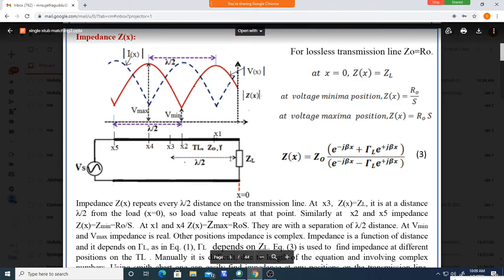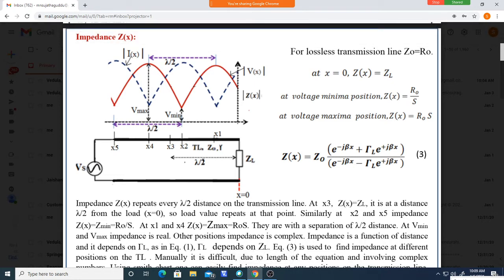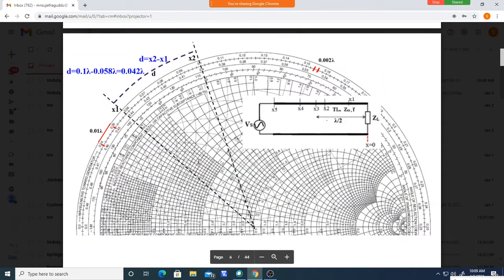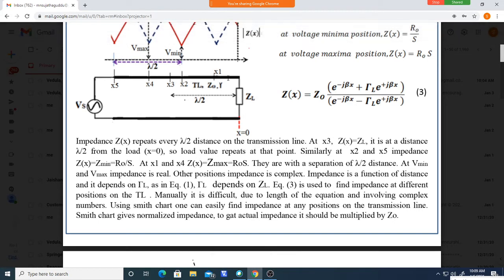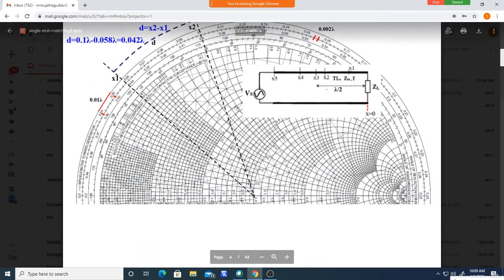And also impedance becomes minimum at some points, and impedance becomes maximum at others. All those things will happen. So using the Smith chart, you can find how the impedance changes as you move over here. You cannot measure it practically. It is difficult to measure because we need an impedance meter, and it is difficult to get an impedance meter for very high frequency measurement. So you can observe how the impedance varies using this Smith chart.